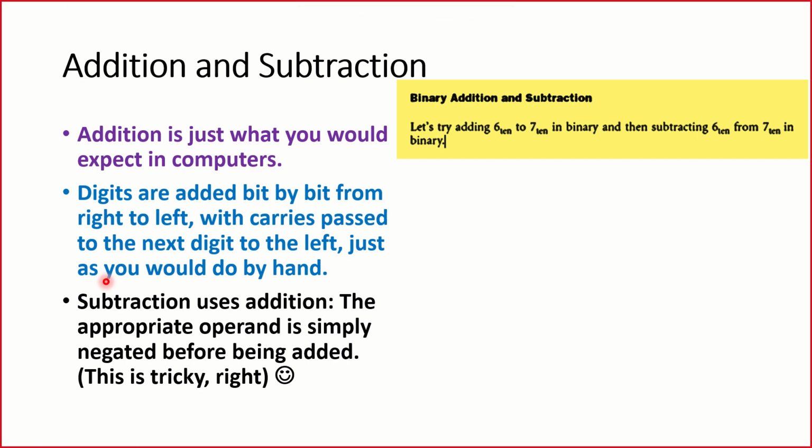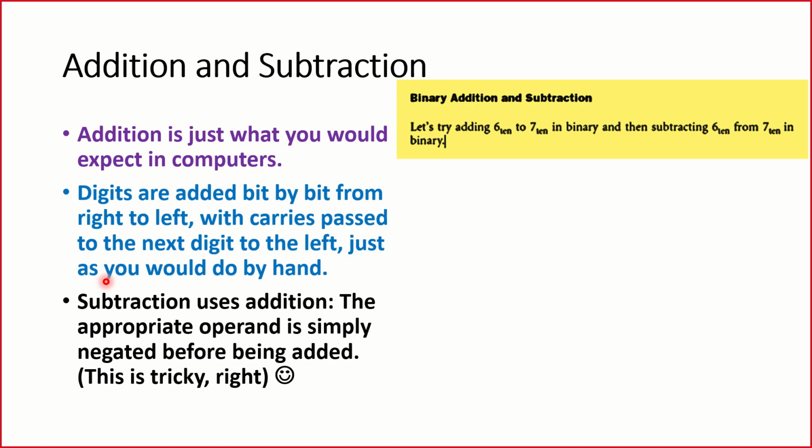Now we are going to do the addition and the subtraction, and we are going to do addition through subtraction also. So I'll explain this clearly. We are going to add 6 base 10 to 7 base 10 in binary, and then we are going to subtract 6 base 10 from 7 base 10 in binary. And subtraction can be done using addition as well. Remember it, we are going to play around with all this, and the questions can come pretty much from this. I can ask you a question: subtract using addition. It is possible, and we are going to do that. It is appropriately to be negated, that's all. When you go ahead with an appropriate negation with some rules being followed, that's it, you are doing subtraction using addition. So we are going to go step by step in this.